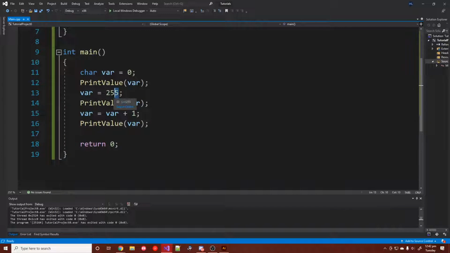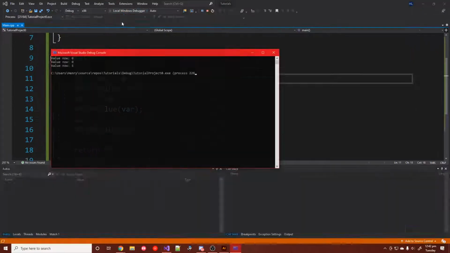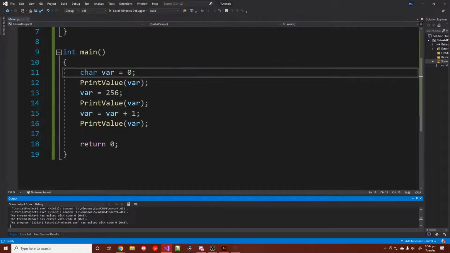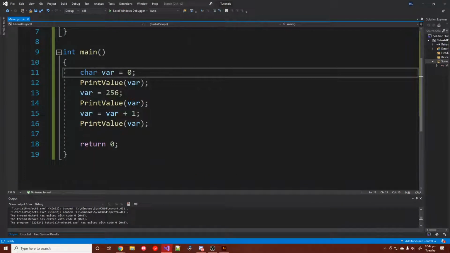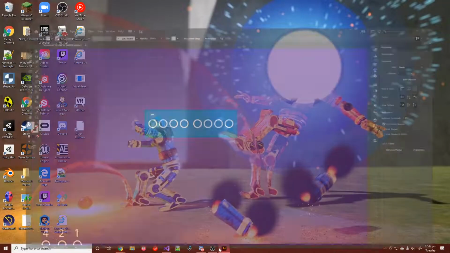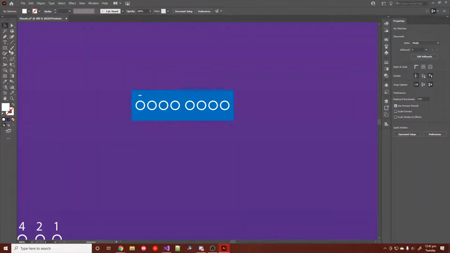So if I were to put in 256, then it would be 0. Because 256 as a char is 0. It just wraps back around because